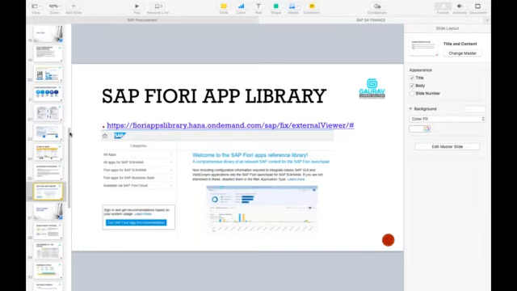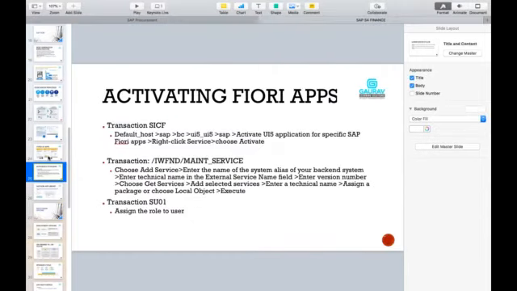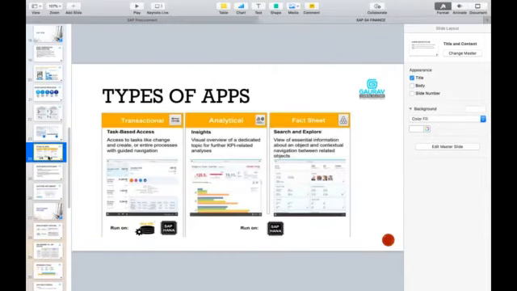Okay, any questions on SAP Fiori? Because I think this was the only thing we wanted to discuss on SAP Fiori. We have another session on SAP Fiori, not now. It will be once we complete our financial processes, the simplifications we are talking about. After that, we'll have one session where I'll show you which apps are relevant to financial accounting and controlling, which we'll be using for day-to-day processing.